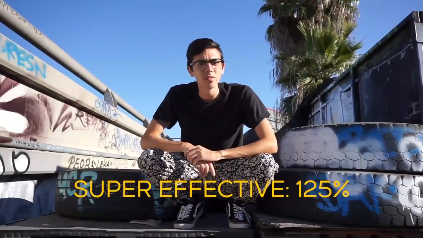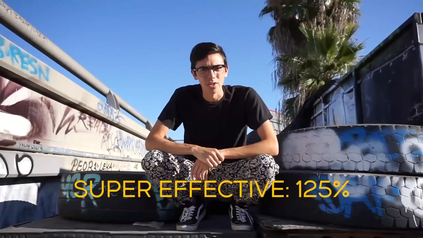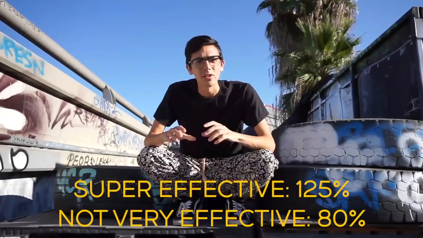First things first, if you're new to Pokemon, you're going to want to learn about type advantages. In Pokemon, every type has advantages or disadvantages against other types. For example, water is super effective against fire, but not very effective against grass. In Pokemon Go, super effective moves deal 25% extra damage, whereas not very effective moves only deal 80% of their